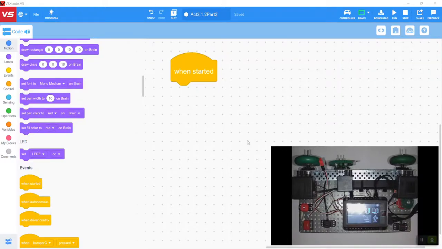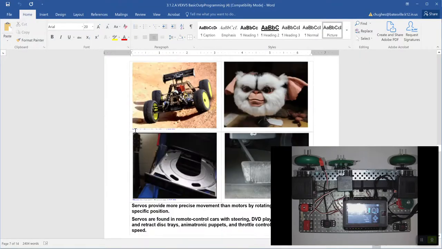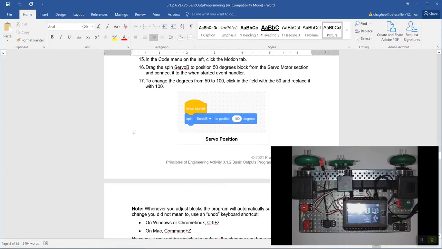In this video, we're going to take a look at activity 3.1.2, basic outputs programming, utilizing the VEX V5 testbed and VEXcode V5. With this, we're going to continue on. They give us, in activity 3.1.2, a look at all kinds of devices, such as servo motors. And they want us to start to look at how we control the servo motor on